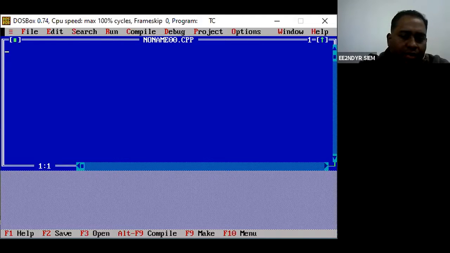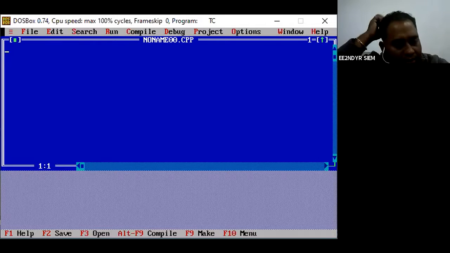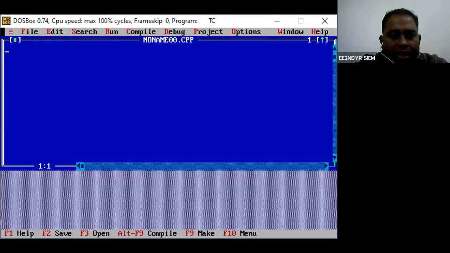So you need to include this in your program, and in this standard input and output header file, stdio.h, there are some functions. The function to print something on your screen is printf, and to take an input there is scanf. So this scanf and printf functions have been written in the header file stdio.h. Now this is all about your C programming.